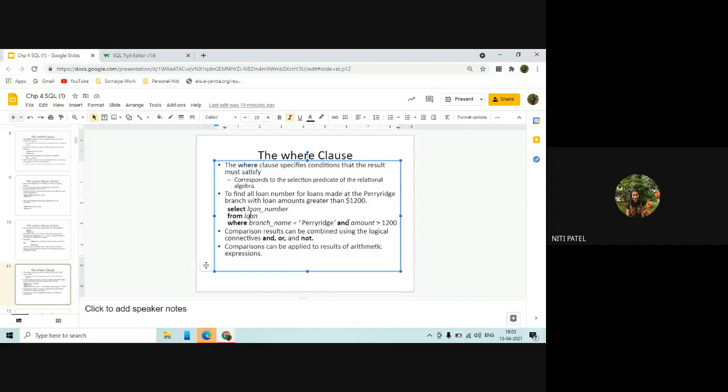So when I display the result of this, क्या result आएगा? Output में कौन सा column select होगा? Loan number. जब loan number select होगा, तभी predicate चेक किया जाएगा कि जिसका ब्रांच नेम प्रेरी रिज है और जिसका अमाउंट 1200 से ज्यादा है उसी का लोन नंबर विल बी डिस्प्लेड. आर यू अंडरस्टैंडिंग? Yes, ma'am.